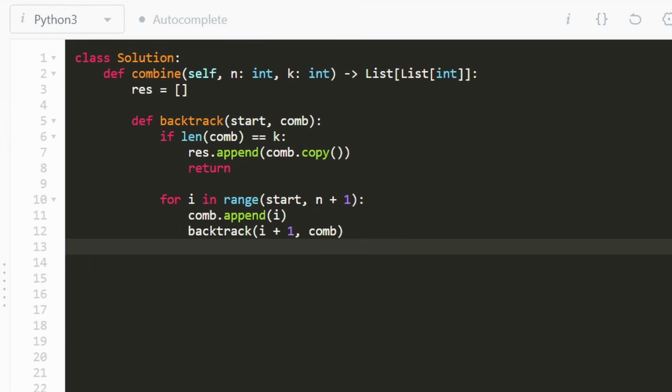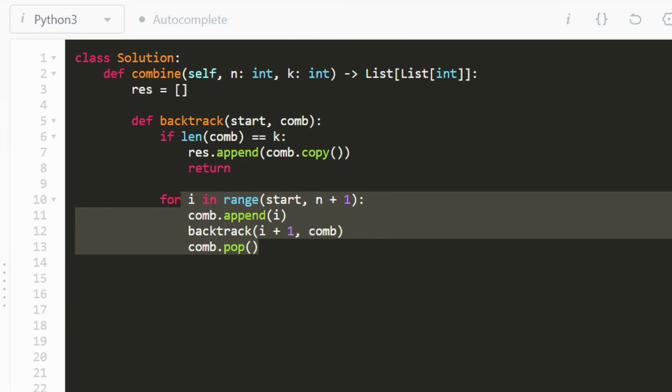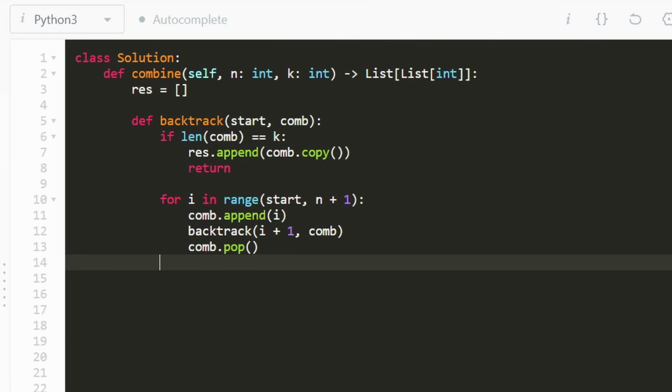And once that is done, we want to clean up. We made one decision where we chose i. Next, we want to choose the next value that goes in this range, so we want to remove the value that we just added before we add the next one. So we'll just pop whatever the most recent value was, not poo, pop. So this is going to be the decision tree layer. This for loop is basically the decision tree. And next, we're basically done. We don't have to return out of this backtracking function, because Python will return by default. So when we're done with that,